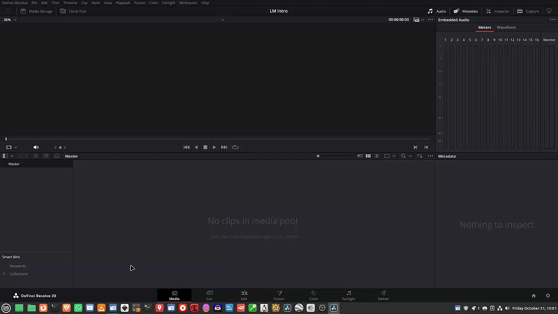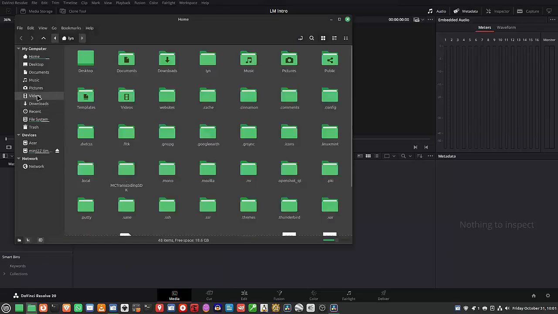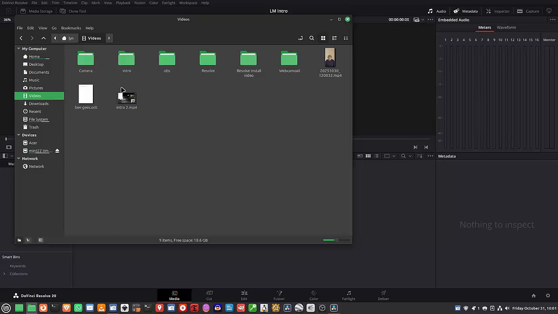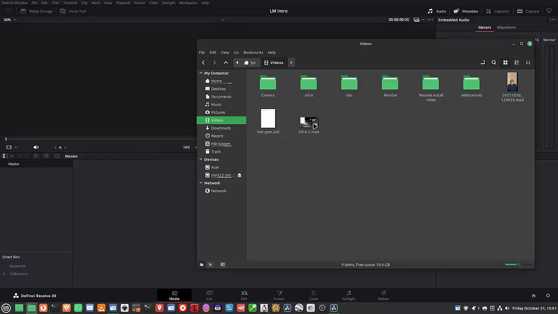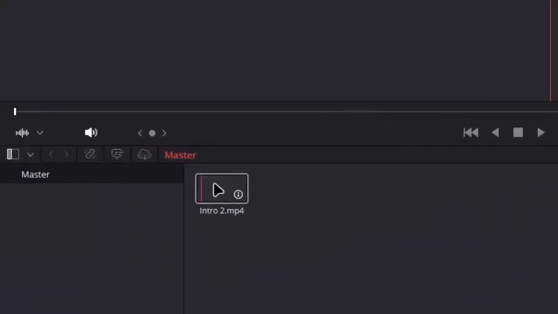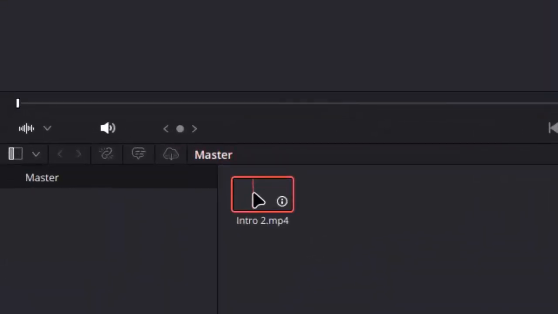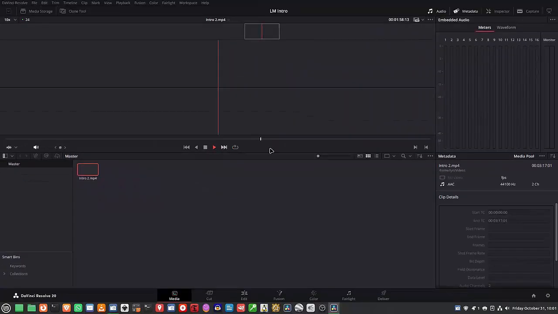For example, if I want to bring in a file, I'm going to bring in this file right here. You can drag it over and drop it right in here to your player. And notice what we get. We get a blank file, nothing there. If you try to play it, there's nothing to play. It plays through nothing. There's no audio, there's no video, and it's a codec issue with Linux in general and